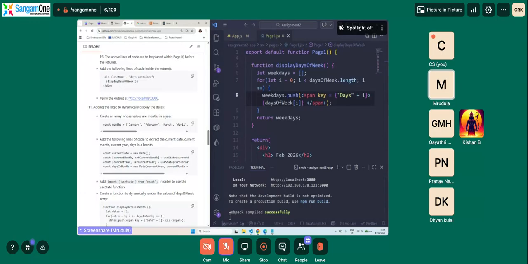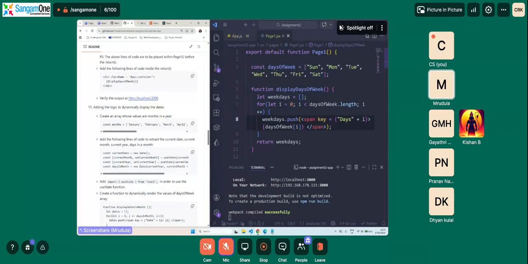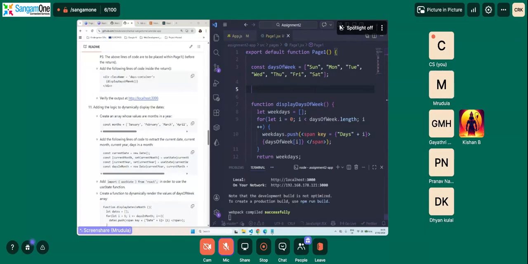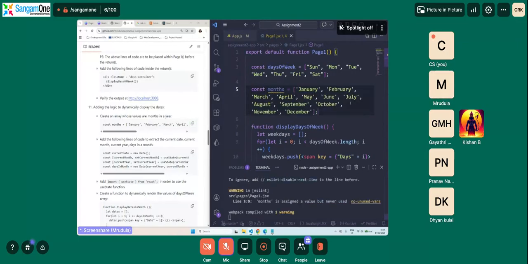So we need to create another variable called months. We will just copy paste it here, and we have our months. Next, what do we need to do? We need to extract the date, then the month, and then the year.